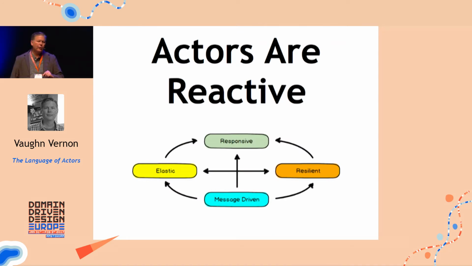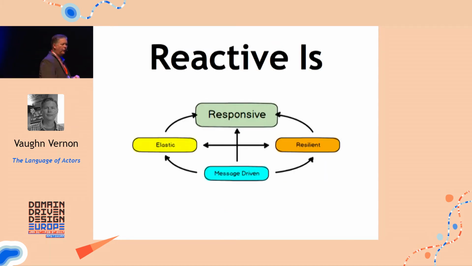And actors are reactive. If you want to keep up with the reactive software development and reactive systems community, there's a website called reactivemanifesto.org, and you can read more about reactive there. But essentially, reactive is software that's responsive, elastic, resilient, and message-driven. And it's really the message-driven aspect that allows for these other three characteristics of actor systems. So we could focus on responsive: sub-25 millisecond response times in a service are not out of the ordinary when using the actor model. Elastic, so you can grow and shrink these